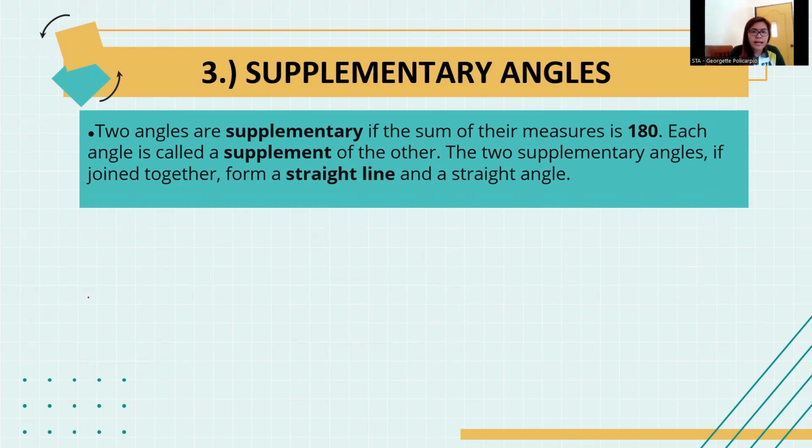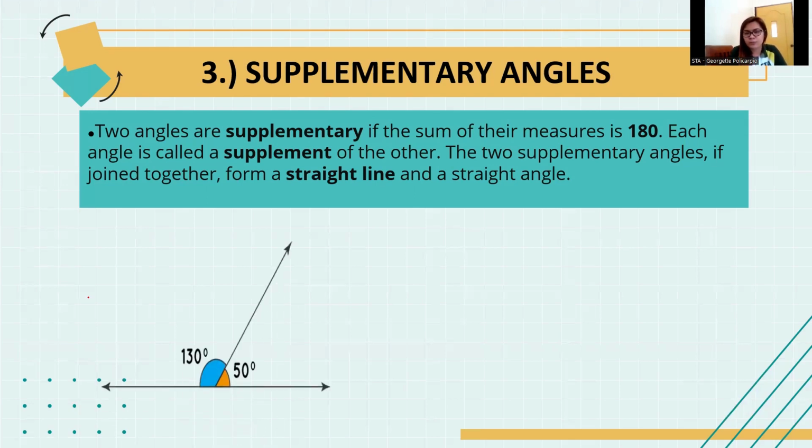So, when we say supplementary angles, these are angles that when added, the result will be a straight line or yung ating straight angle na tinatawag. So, yung atin pong straight line, isang protractor from 0 to 180. So, kaya po kapag supplementary angles, pag pinag-add mo yung dalawang angles na yon, the result will be 180